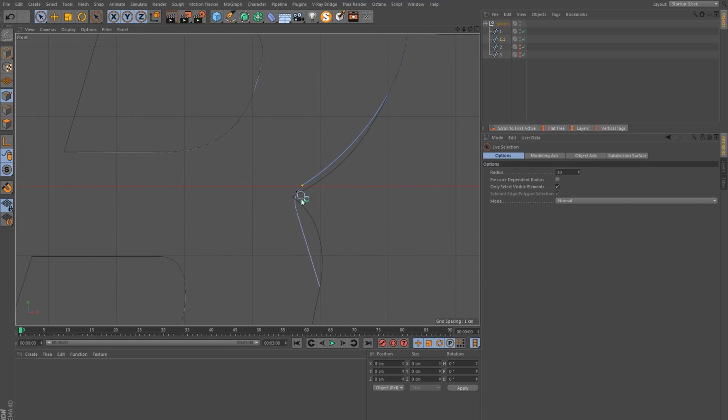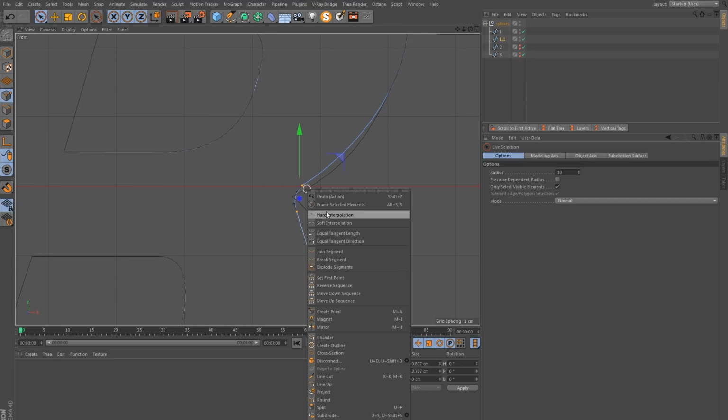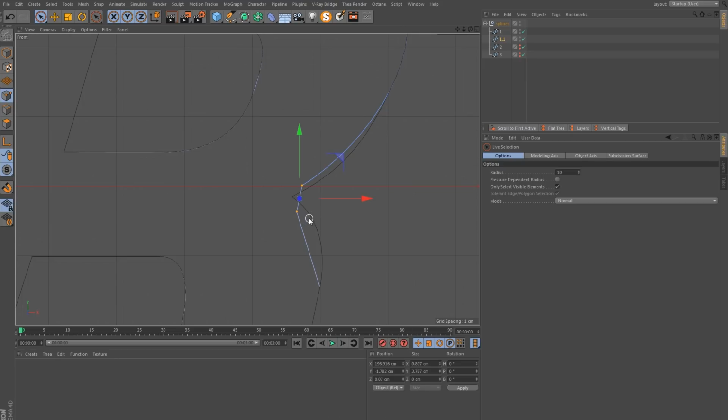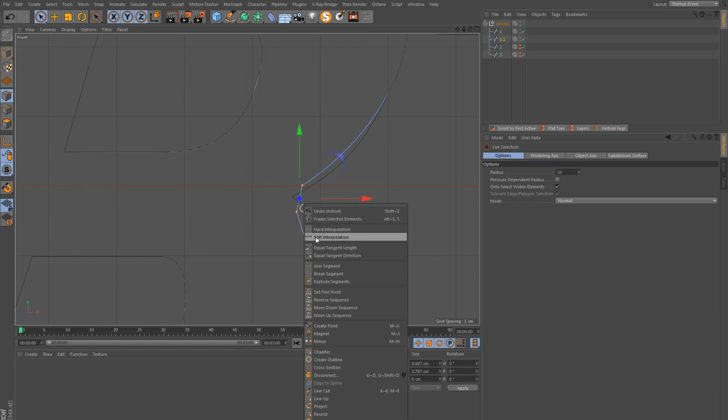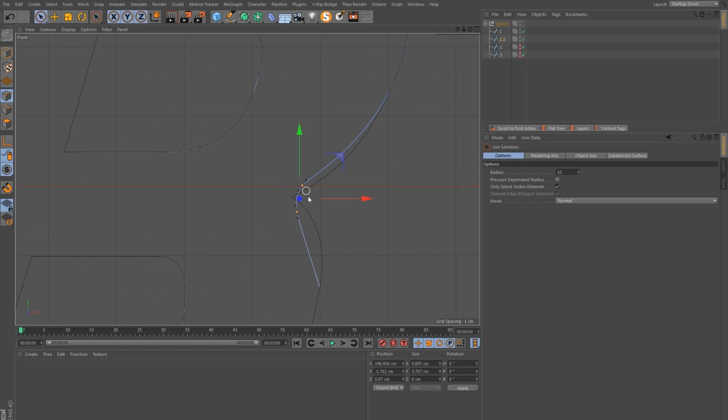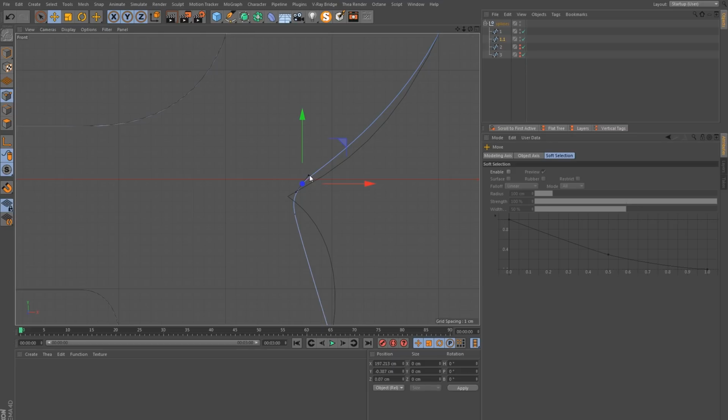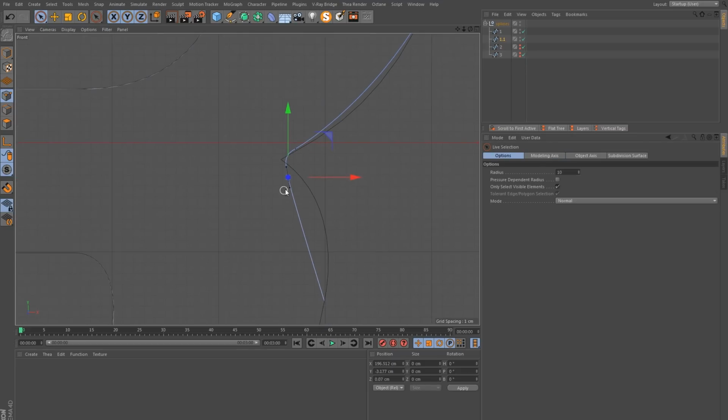And what I would do here is select these 2 points, right click and hard interpolation to get rid of the handles, and then let's put soft interpolation again to bring them back. But now we have a handle either side, and I can just move these to what I think is the correct spot. And if I press E, I can pick up the handles here and try to refine this shape.